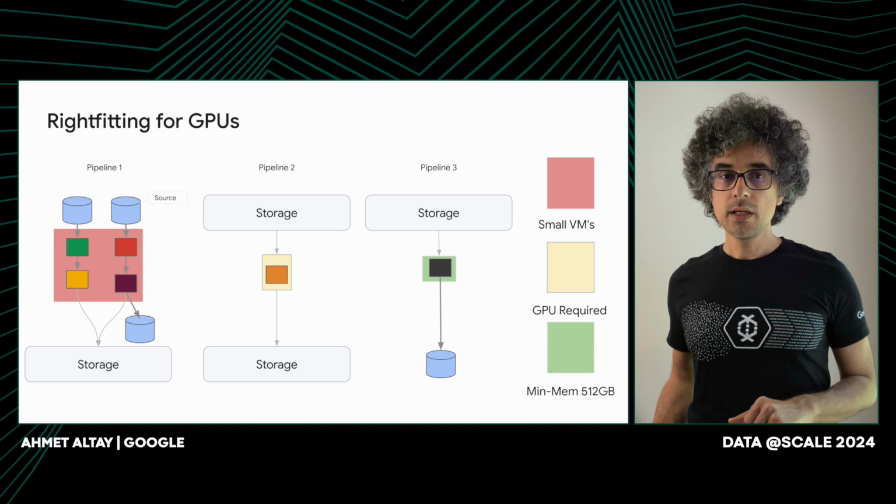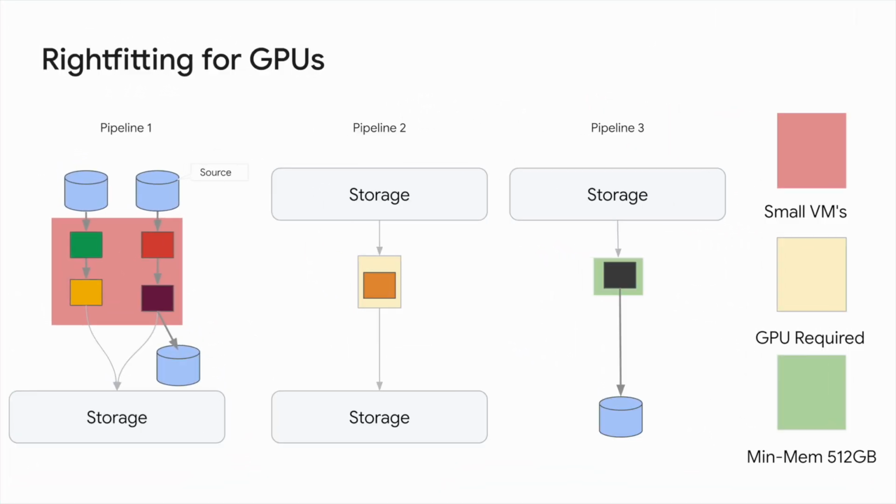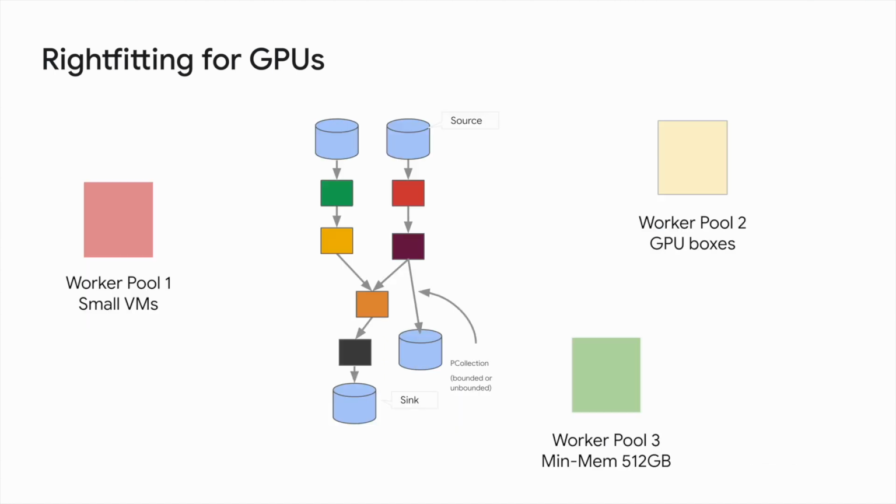Another option will be breaking down this pipeline into 3 pieces: a small worker piece, a GPU piece, and a memory piece. But doing this is error-prone, manual work, and also requires a lot of effort from the user. BeamML makes it really easy by automatically identifying parts of the pipeline and using separate worker pools depending on the